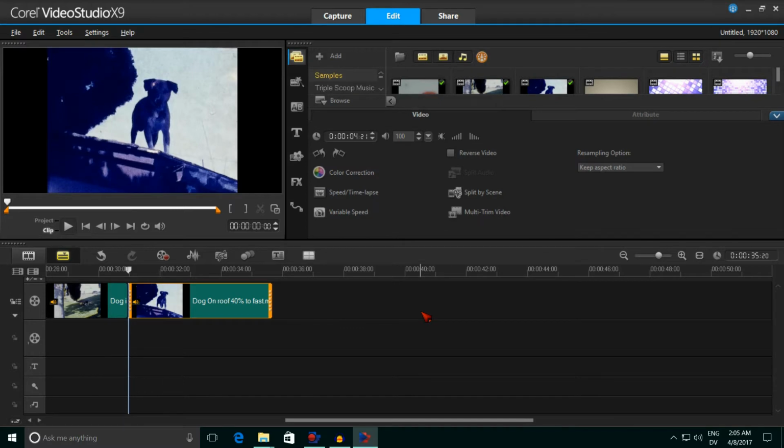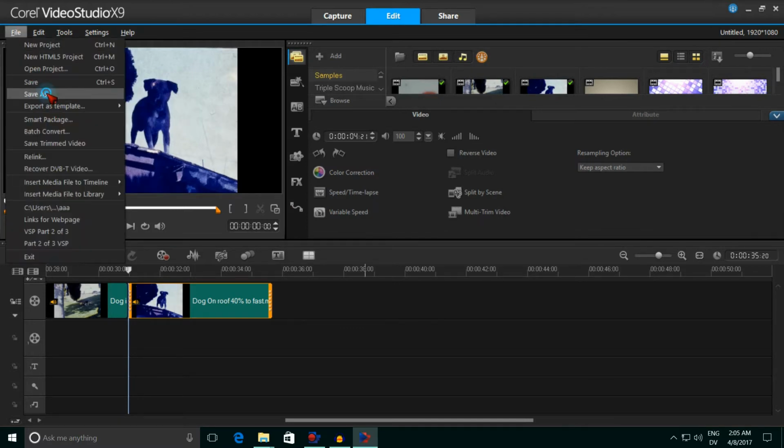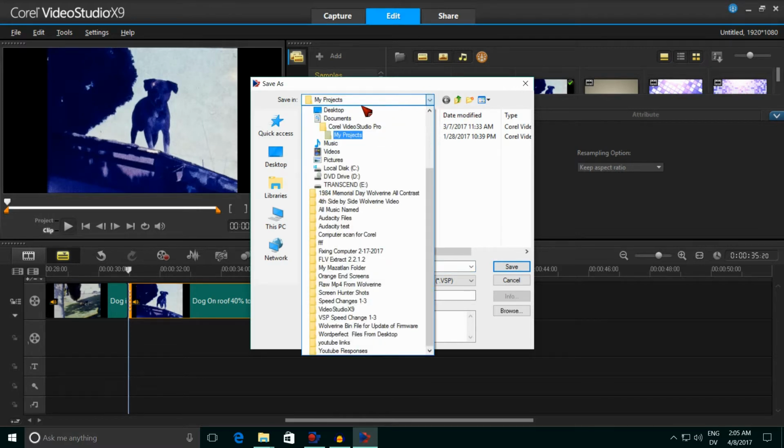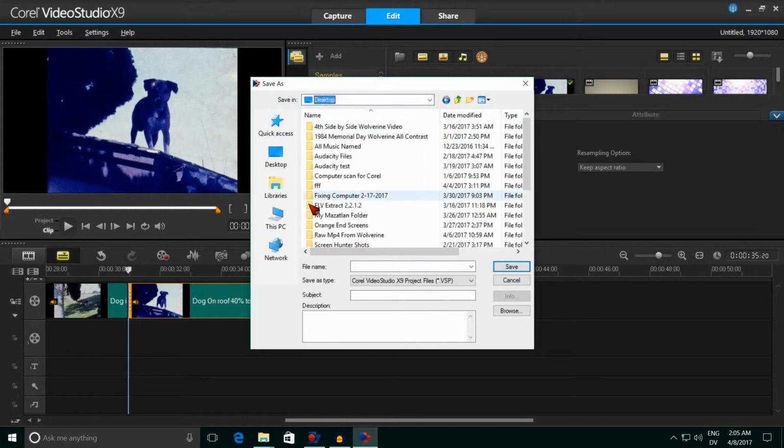Now, let's come up here to File, and then Save As. This box comes up. Over here where it says Save In, click this down arrow and I'll choose Desktop. Down here in File Name, I'm going to name the project. Keep in mind this is the project we are naming, not the movie. I will name the project AAA and I'm clicking Save.